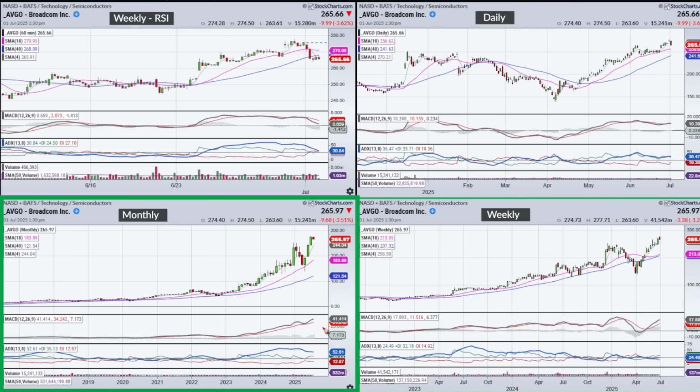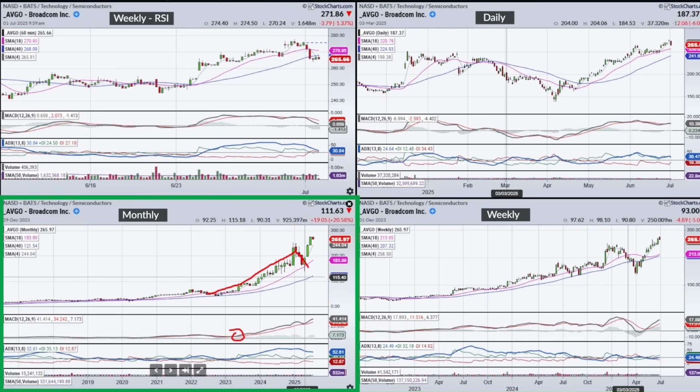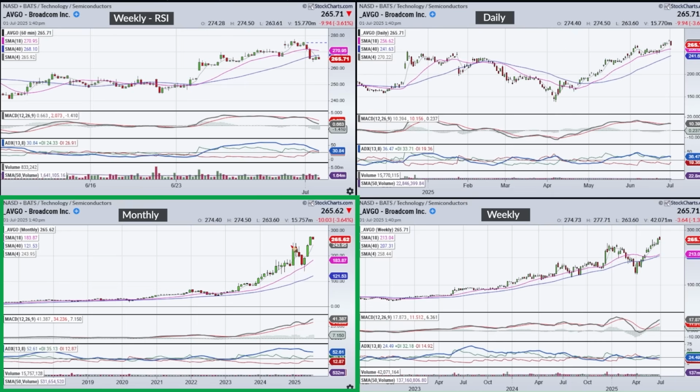Now, I'm not saying that we need to wait for that signal after the crossover takes place here. We can take advantage of these little pullbacks that take place after the crossover, but I would be on the lookout for when we get a correction or a pullback in an ongoing trend that creates a pinch play, and the pullback gets closer to the 18 as opposed to these where it kind of stayed above. Where we get closer to the 18, it could be 3 to 4 bars where it pulls back,